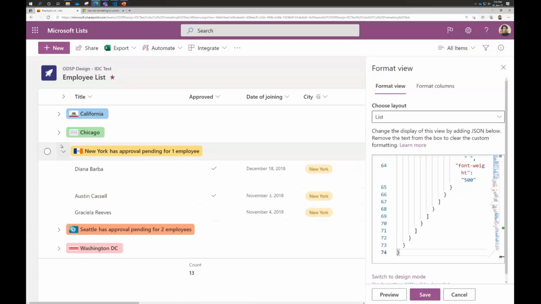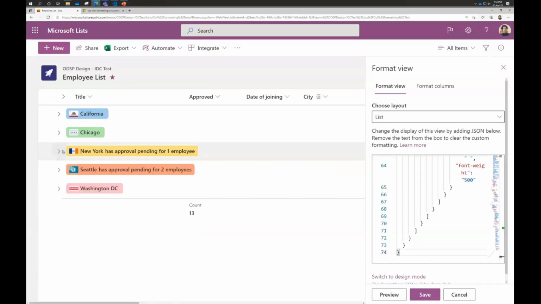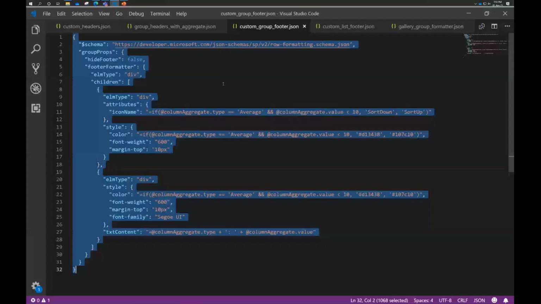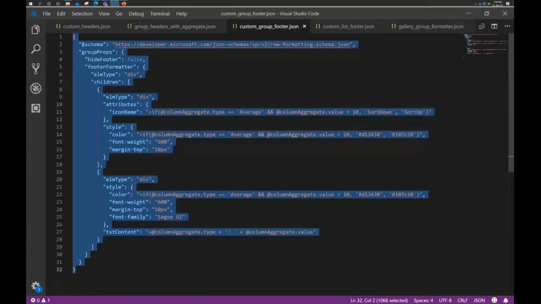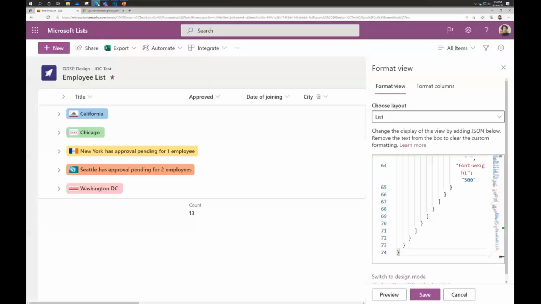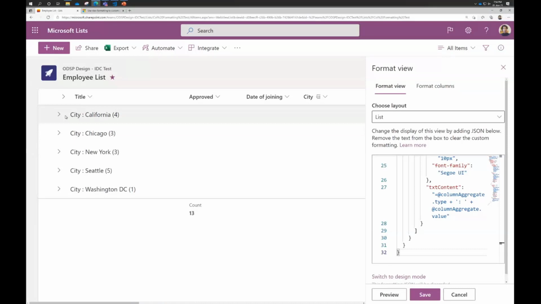Moving on, the next demo is for the custom footer. For this, there's a new prop again called footer formatter, and all this goes inside the group props for group footers, and the rest inside is similar to JSON styling. So I'll copy this code, go back to the list again, remove the existing JSON, paste the new JSON and hit preview. So let me expand the groups, and you can see that